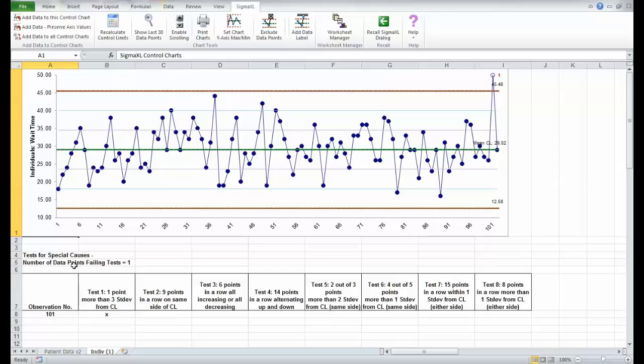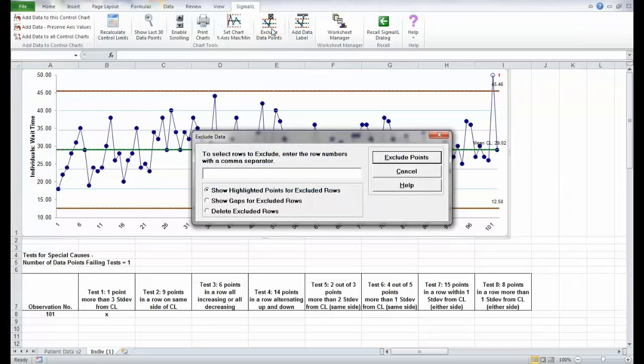To do that, we'll go to this option which says Exclude Data Points. Select that. We'll type in point number 101, and you have several options. Either show a gap for that data point, just take it out totally, or show a highlighted point. So we'll select Show Highlighted Points, punch Exclude Points,